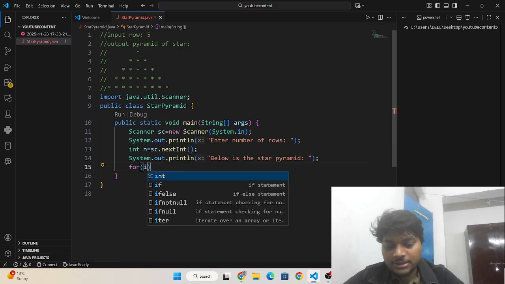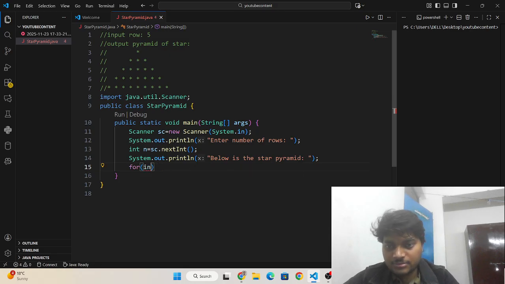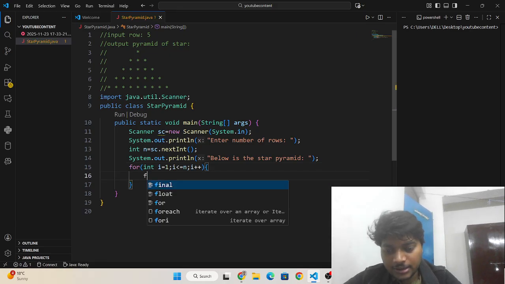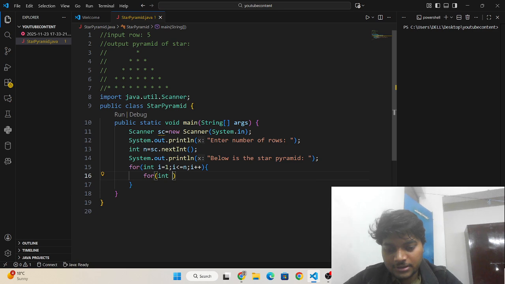So I need to write for int i is equals to 1, i less than equal to n, and i plus plus, and then for int j is equals to 1, j less than equal to n minus i.